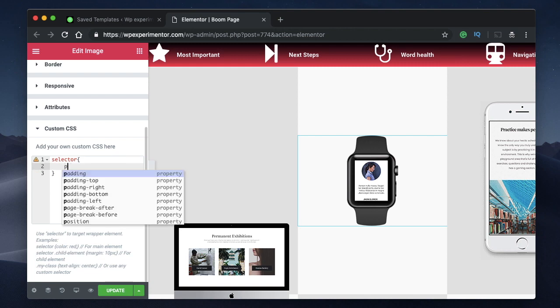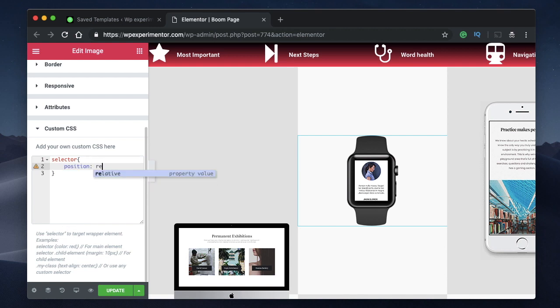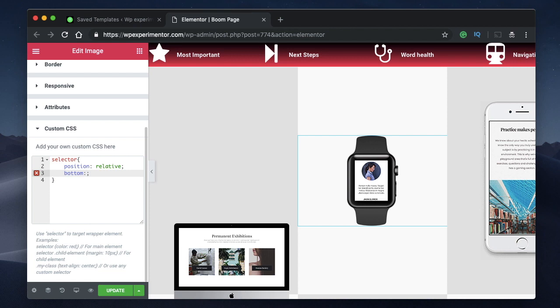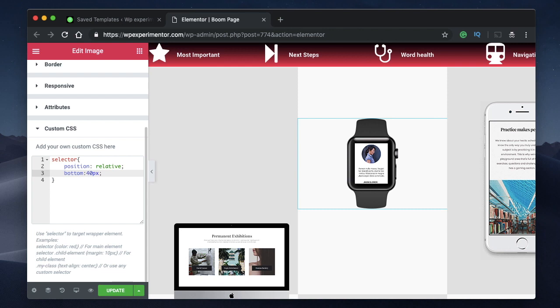So again, position property, relative is the value, and just specify your values. This time I'll say bottom, meaning it will move to the top. I'll just say 40 pixels, meaning it will add a space of 40 pixels onto the bottom. That means it will be moved onto the top. So 40 pixels, if you say 400,